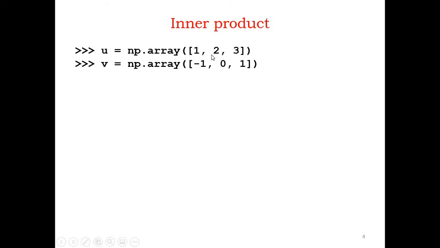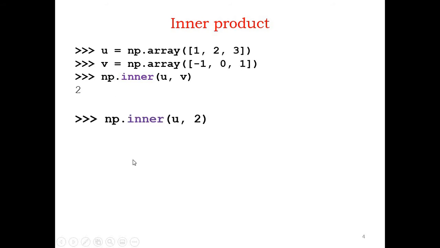If you write these two vectors, u with components 1, 2, 3, and v with components minus 1, 0, 1, and you write np dot inner, and inside that you write u comma v, what it will do is take the products of the corresponding elements. That means 1 into minus 1, plus 2 into 0, plus 3 into 1,